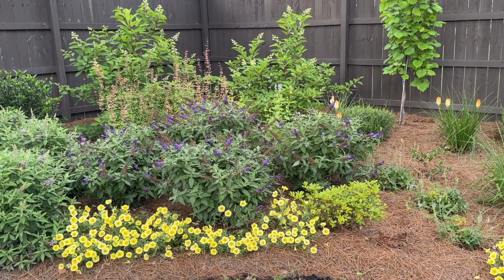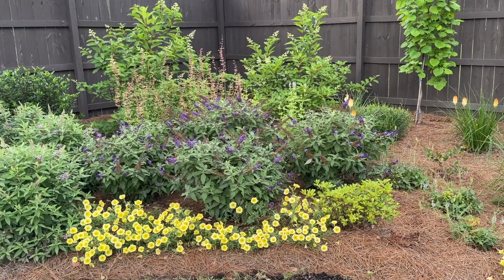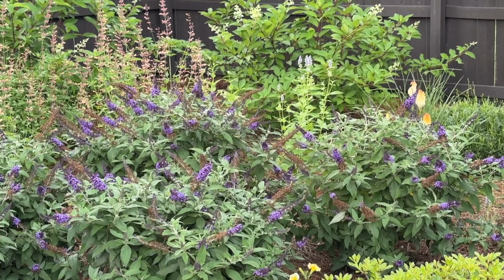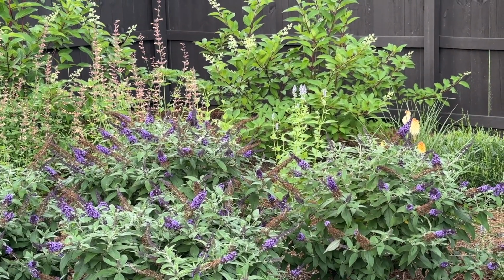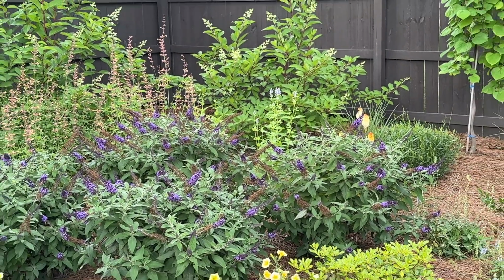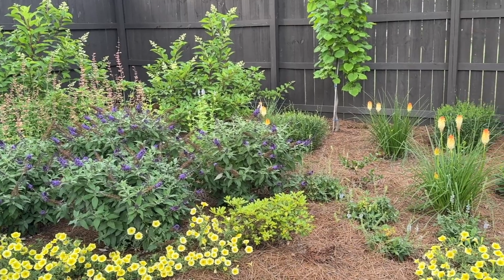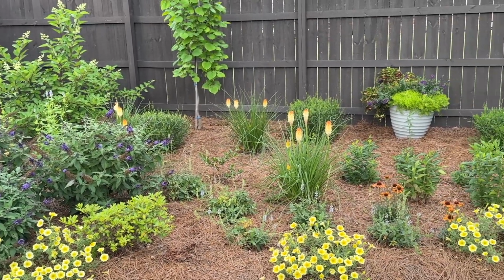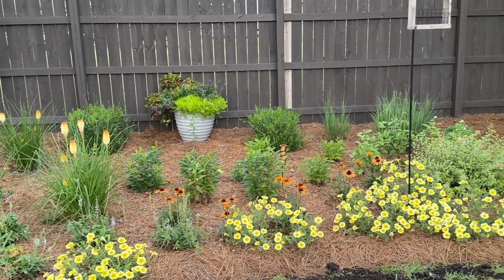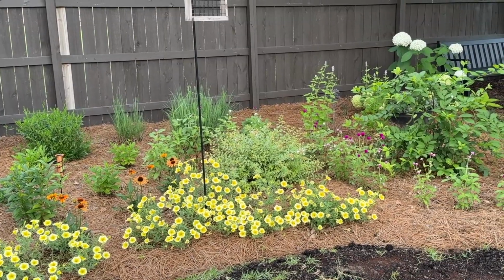All right, so here's the view that I normally would shoot from to show y'all this Agastache. And as you can tell, let me zoom in, you can see it hiding back there, but it's still able to be seen behind these butterfly bushes. If you look over here to the right, you'll see the additional two. So I was shooting them